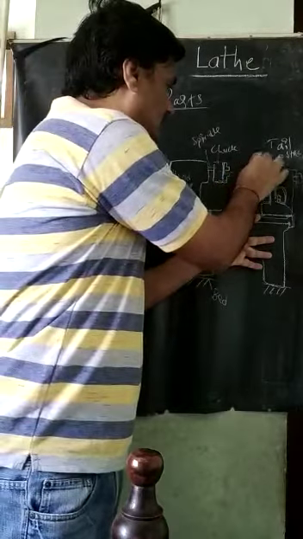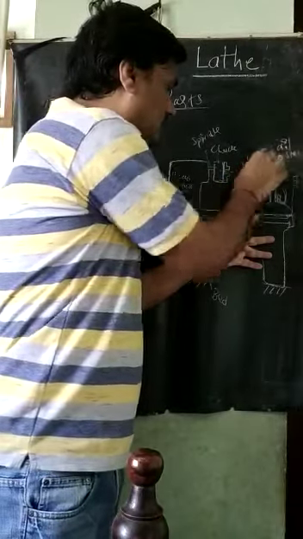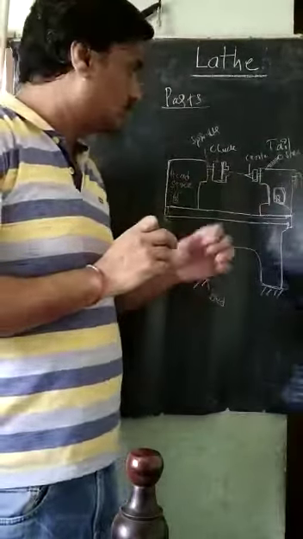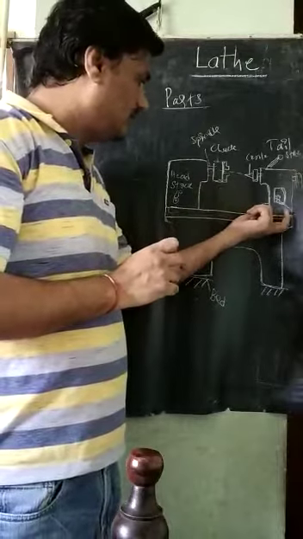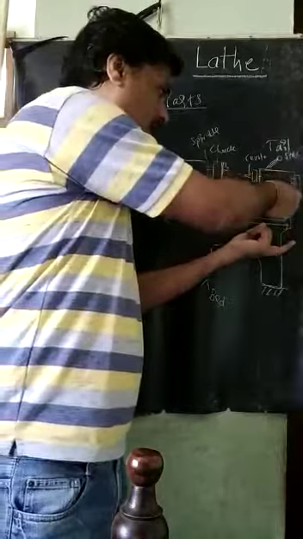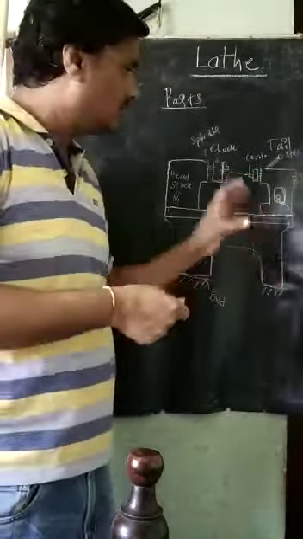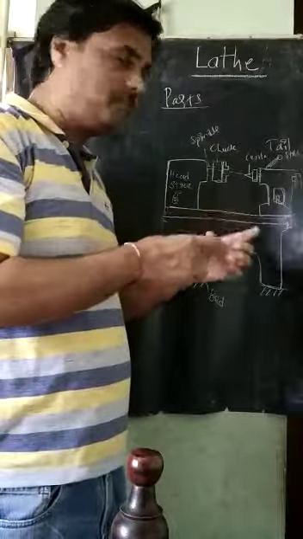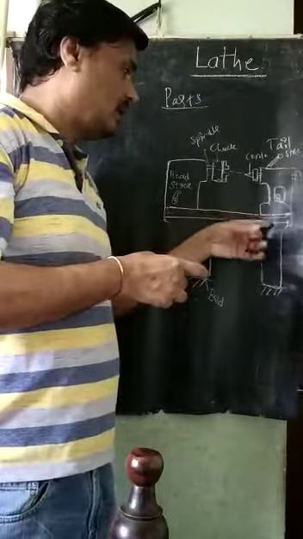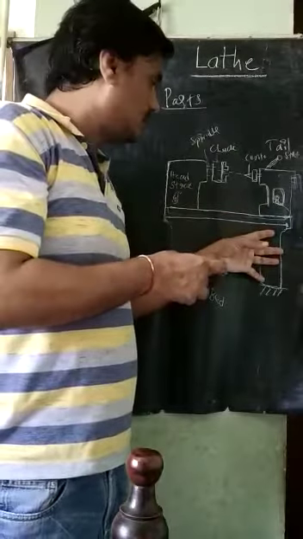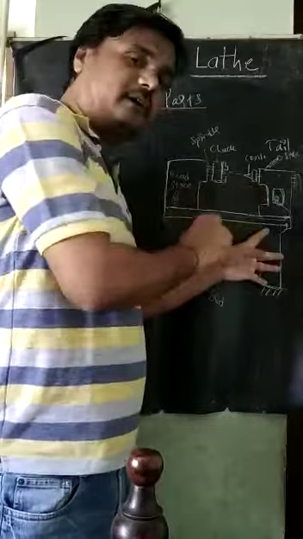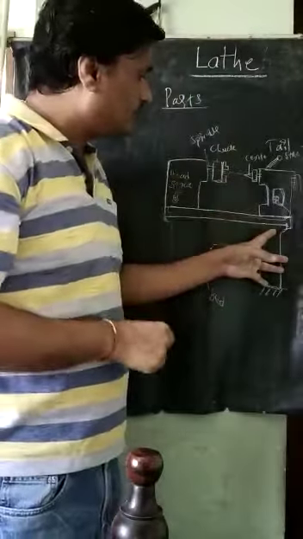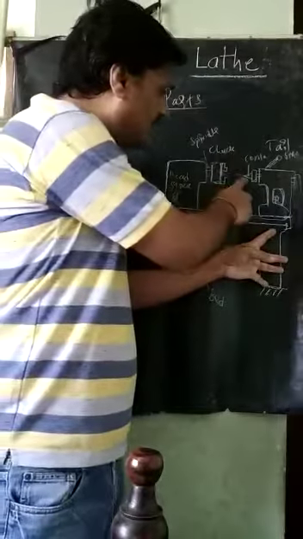this is called the center, can be varied based on the length of the workpiece. Once we move it, we can lock it by tightening this nut. That means the movement of this tailstock can be done through the guideways, with the help of this clamping nut. So next, another one is the center.